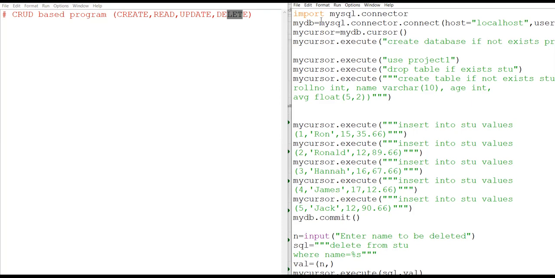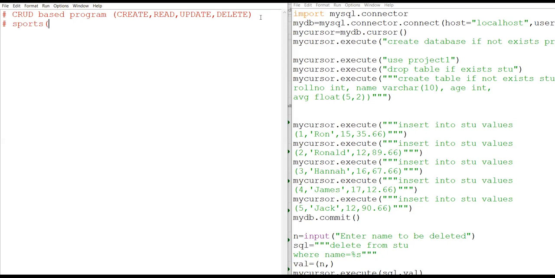Next, we will be assuming one table and one database. The database I'm taking is the same, that is 12th IP, and in it we will be creating today one table of sports.